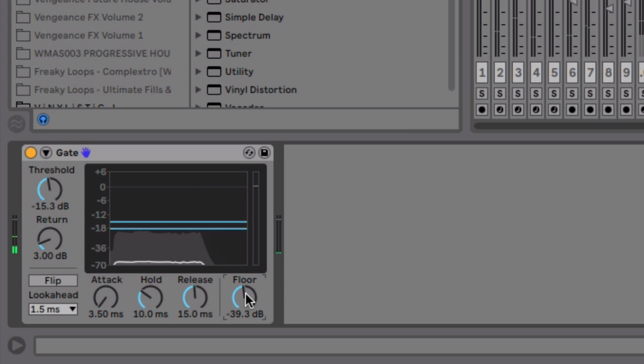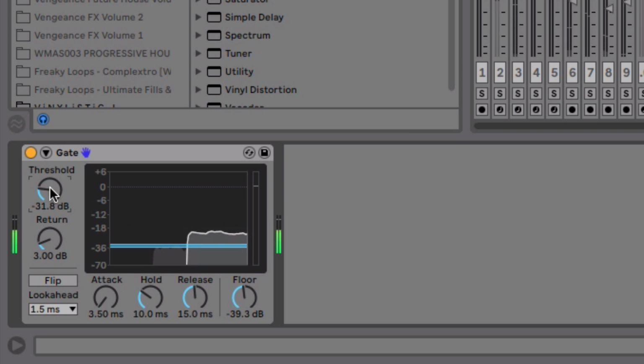can still have some of the signal there, but when you lower the threshold,